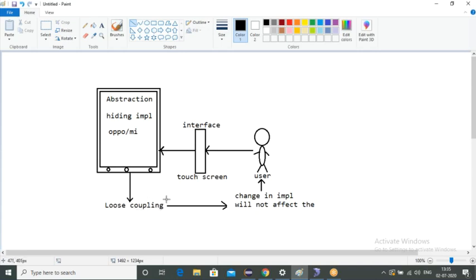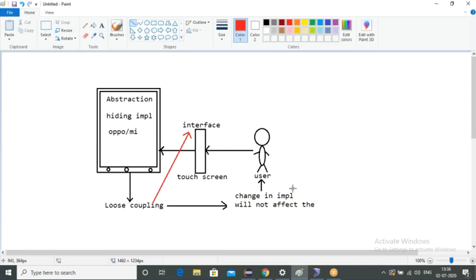Now, how will I be able to achieve loose coupling? That is with the help of your interface. With the help of interface only I will be able to achieve loose coupling. Now guys, loose coupling is there, so tight coupling should also be there. It is the opposite of loose coupling.